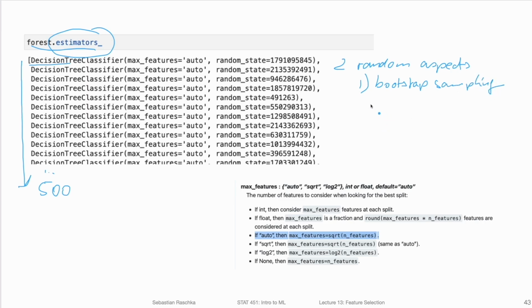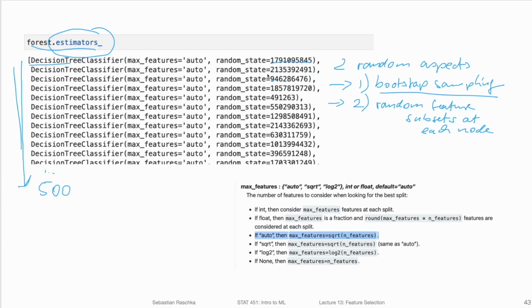So each decision tree gets a bootstrap sample of the training set. And the second part is random feature subsets at each node. So while the random forest gives each decision tree the full feature set, a decision tree itself uses only a random feature set at each node. And the combination of having this bootstrap sample for each tree and the random features at each node will make all these decision trees here that we have different from each other.